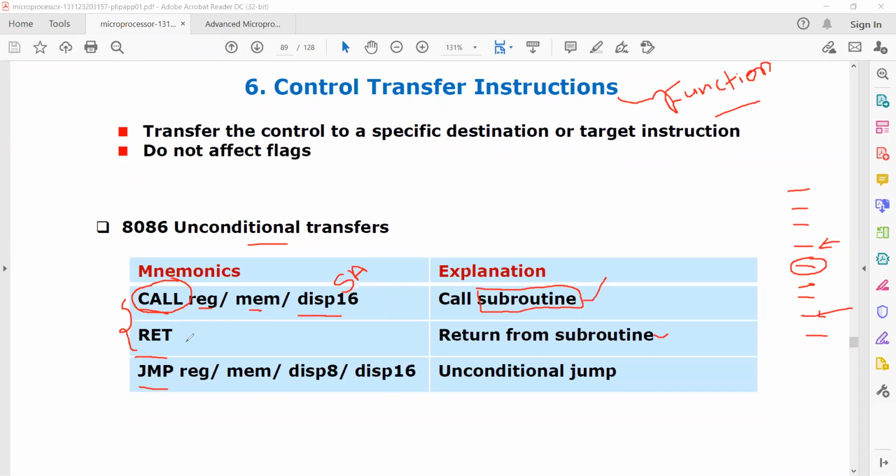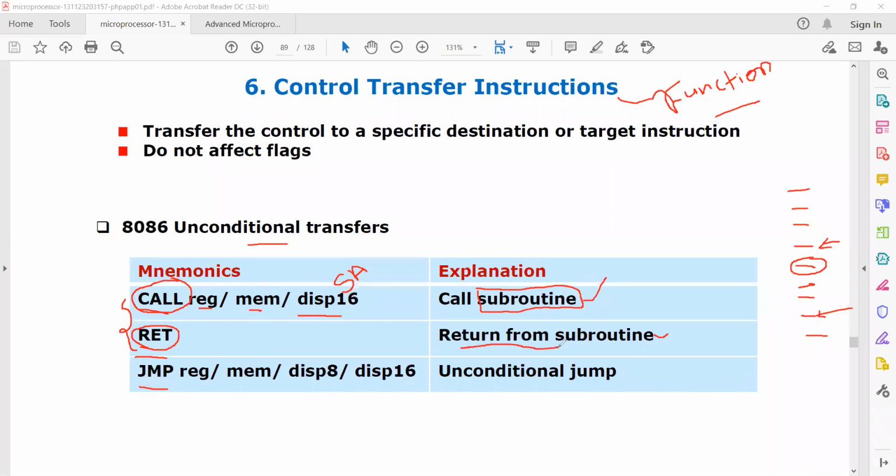When you use call starting address, then that particular subroutine will be accessed. After execution of the subroutine, we have to return to the main program. So for return, we use this instruction, return from subroutine.